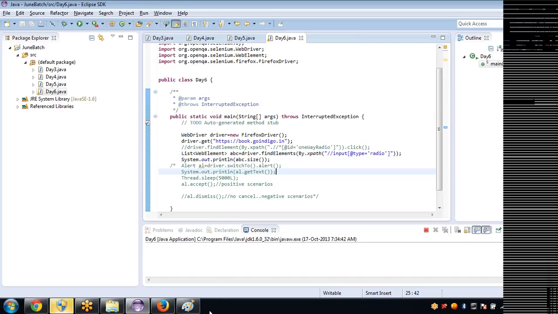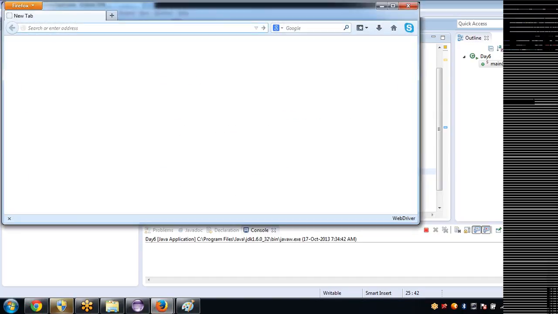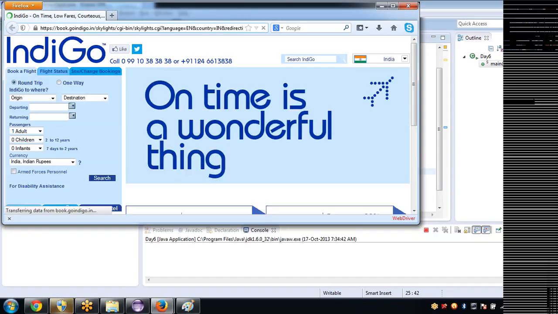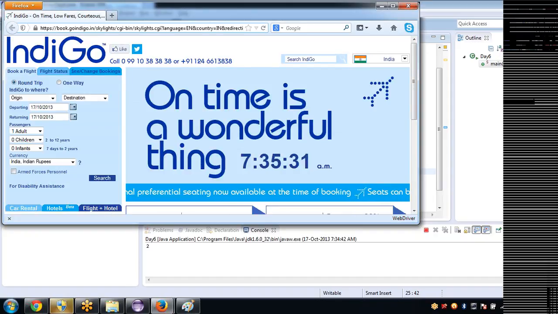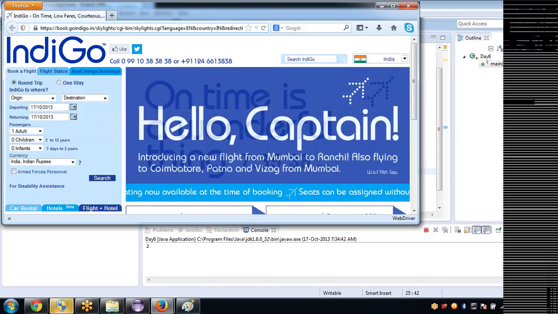So we still have 5 topics left. Today we are seeing checkboxes and radio buttons. The drop down we saw in yesterday's class. Radio button we are seeing now, later we will see checkboxes, and you will see how to handle some Ajax kind of elements. I will give you the overview of the remaining syllabus at the end of today's session.